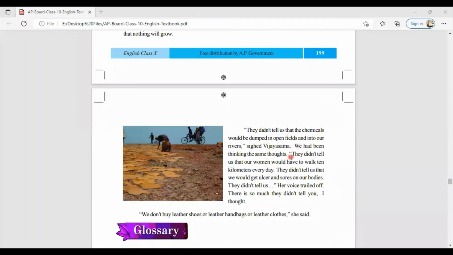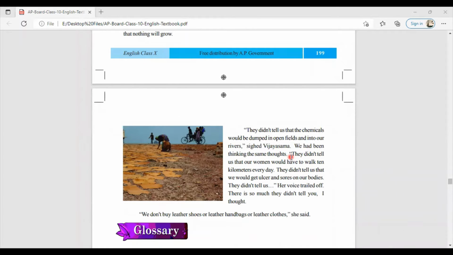The harvesting will not be there in the future. They did not tell them before. They only said that they would get some job opportunity. That's why they agreed. And the villagers hoped that the menfolk would get all the jobs, that means the necessary jobs, and they would become